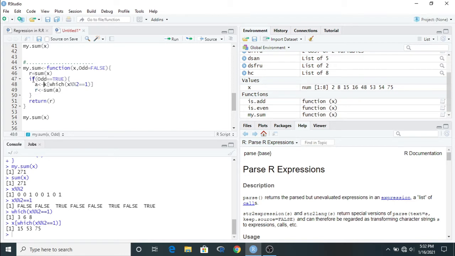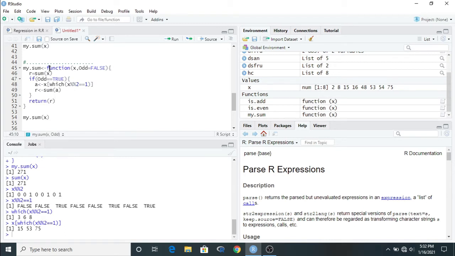If this condition is fulfilled, then r will be this, otherwise r will be the sum of x. These are simple things. If odd is true, then r will be the sum of a, otherwise r is the sum of x. And for the output purpose we have to write return r.